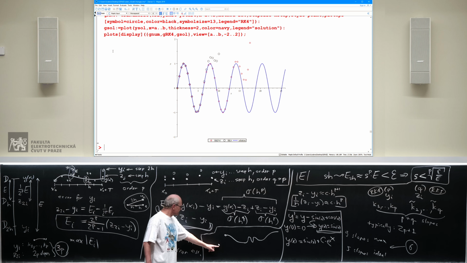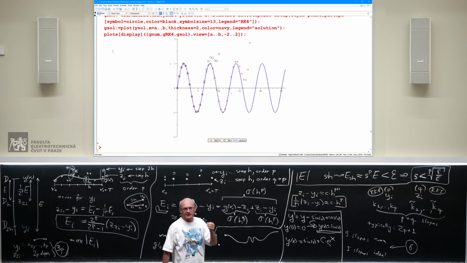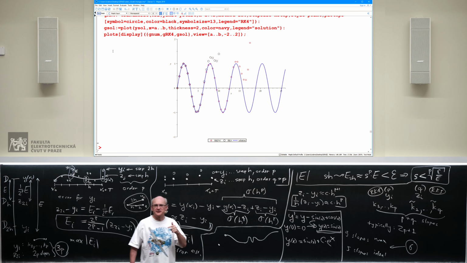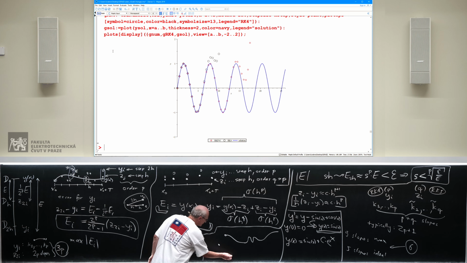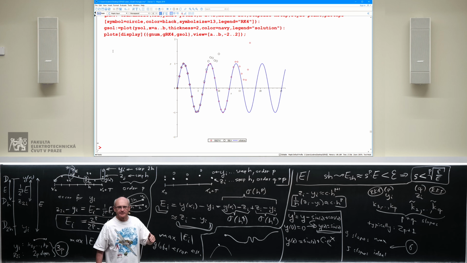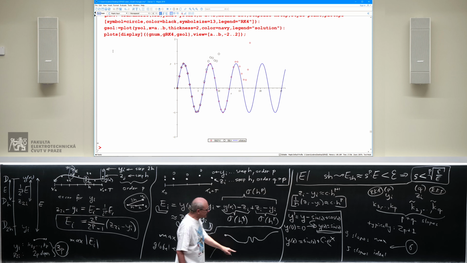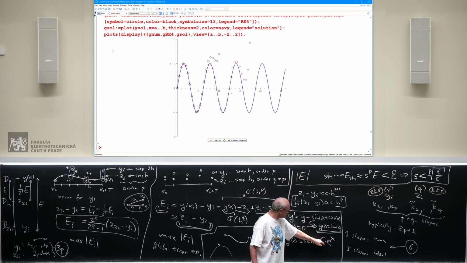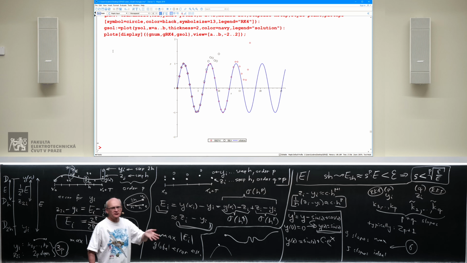Now, sooner or later, this specific place will not be on the graph of sine of x. Why not? Because, well, every method has some errors, and moreover, there are numerical errors because we are running those methods on a computer. So what happens, sooner or later, your approximation is not on the sine function, but a little bit away. So the method decides to follow a solution, not sine x, but the one which passes through this point, which is sine x plus some small constant times the exponential. Now, because the error was very small, let's say 10 to the negative 9,